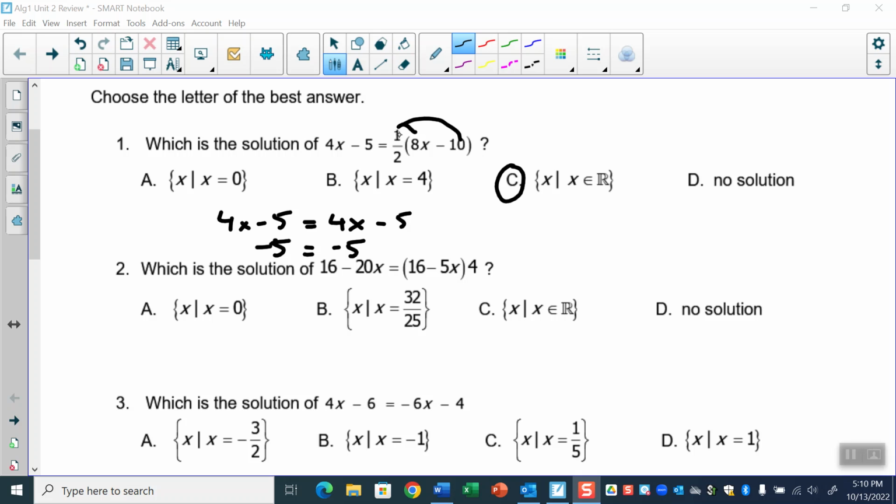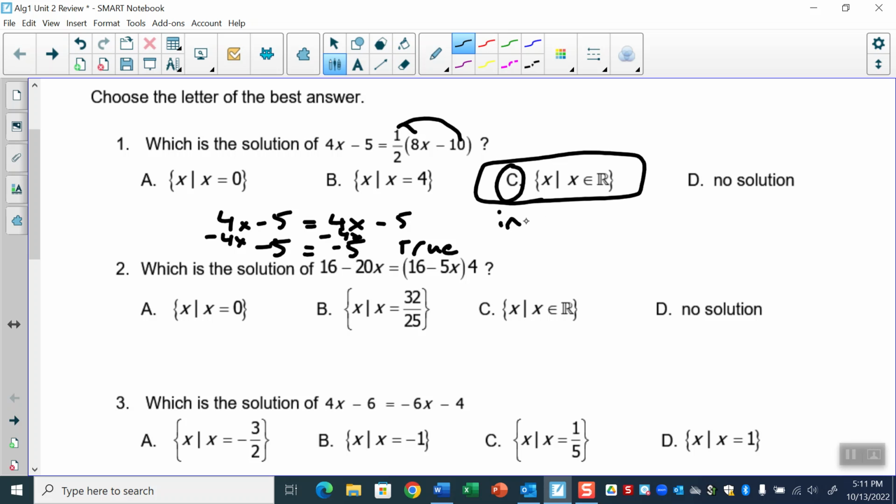So first you want to do the distributive property with the 1/2 times 8 to get the 4, and then 1/2 times 10 to get the -5. And then notice if I subtract 4x from both sides, then I get -5 equals -5. And so that is always going to be true. That is always true. So that means x is a member of the set of all real numbers,